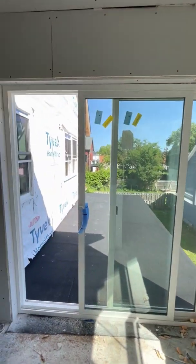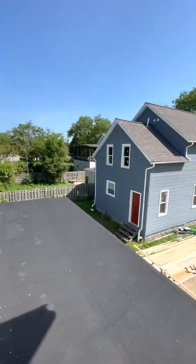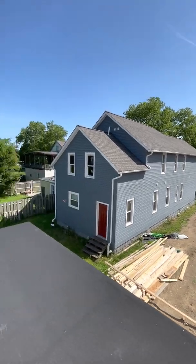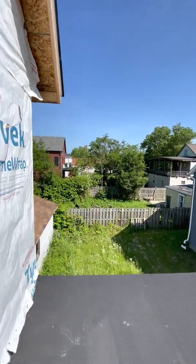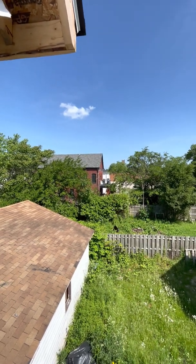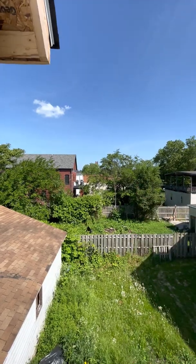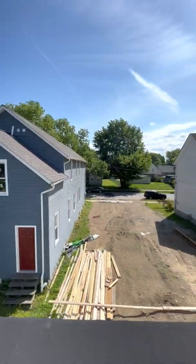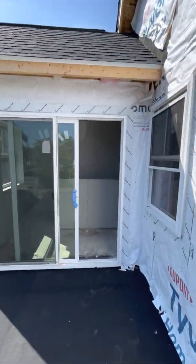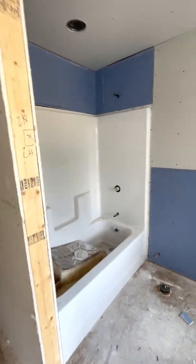So you got this slider out to a deck. It's, no railing on this yet, so again, bear with me on this. Hopefully I don't fall. But that brick house there, that's the rehab. It's just beautiful. And then the white ones behind it are new construction. You can see St. Pat's in the background. So open, very nice. Here's your main bath,